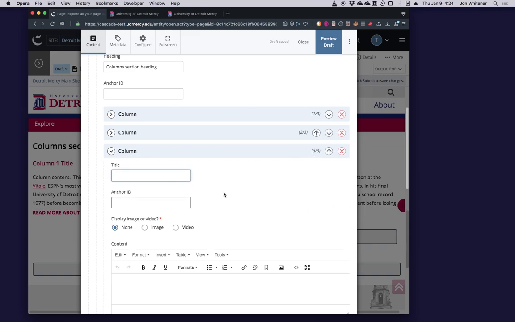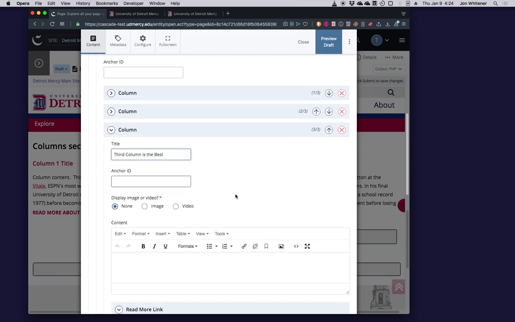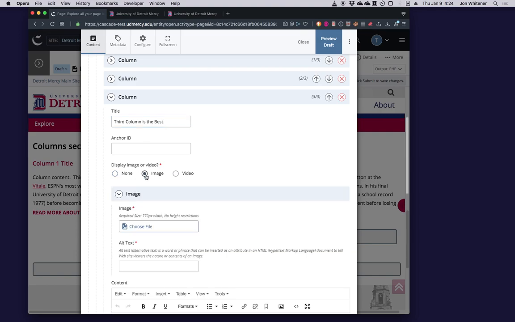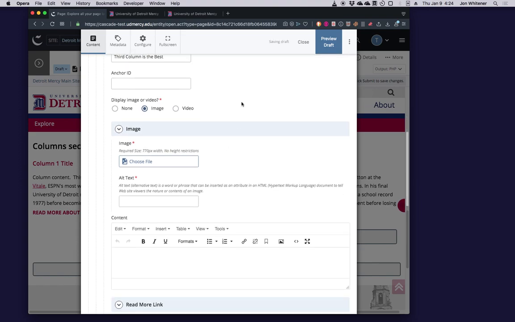Again, I'll put in a column title, third column is the best. You can put in an image here too. Let's do that. Very similar to in the full width content section. When you specify that you want to insert an image, then you've got to pick the image.